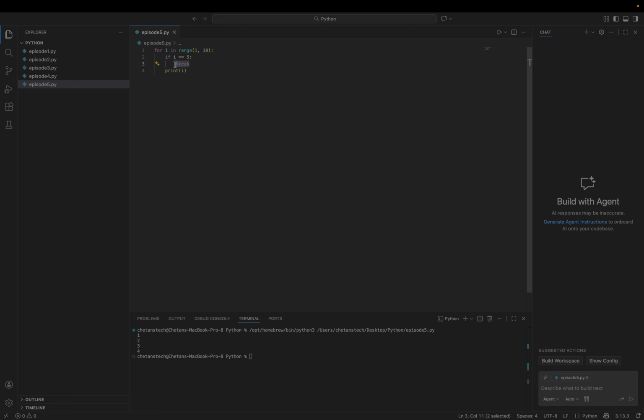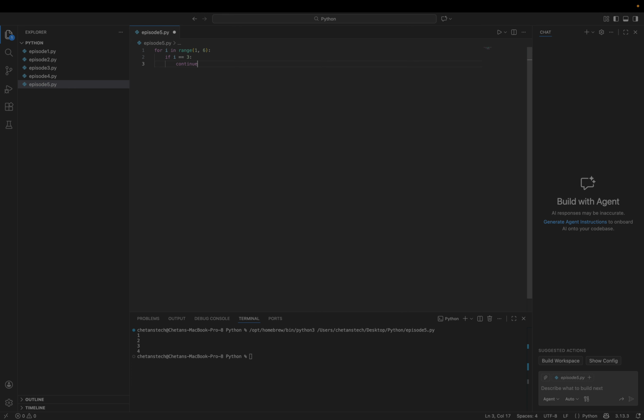Here comes another mechanism. We call it continue. And in this one, we sometimes want to skip one step. For example, for I in range 1 to 6, if I is equal to 3, we want to continue.